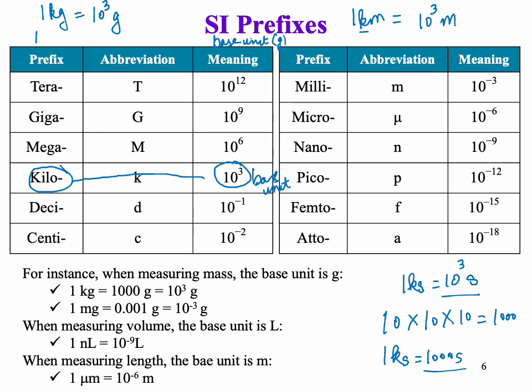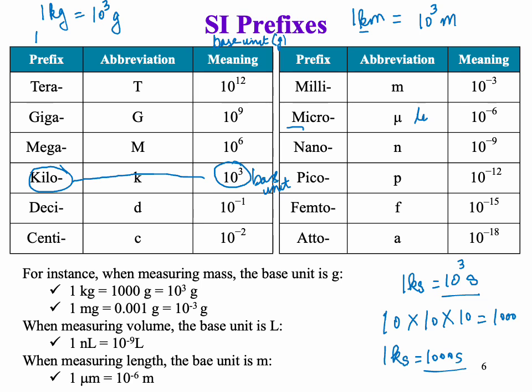The other units that are usually smaller in prefixes: deci, 10 raised to power minus 1, centi, 10 raised to power minus 2, milli, small m, micro, even though it starts with an M, the prefix abbreviation that is used is this weird looking U. This is called the micro. Nano is N, pico is P, femto is F, atto is A, and all these are their relationships